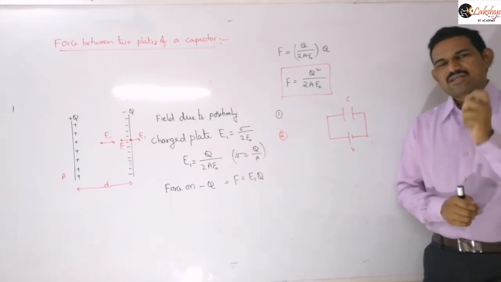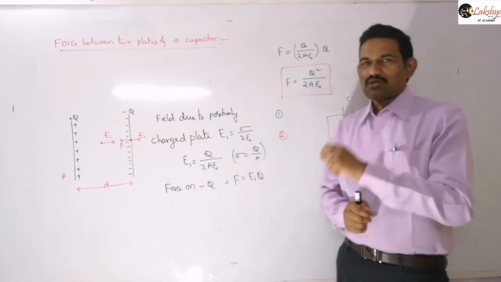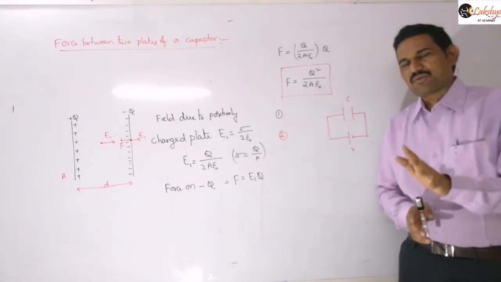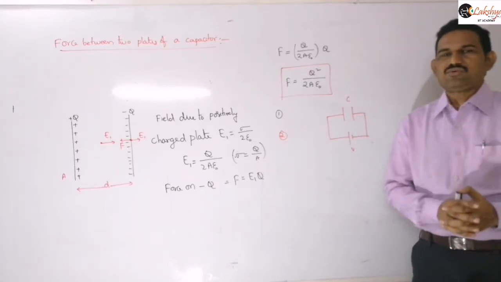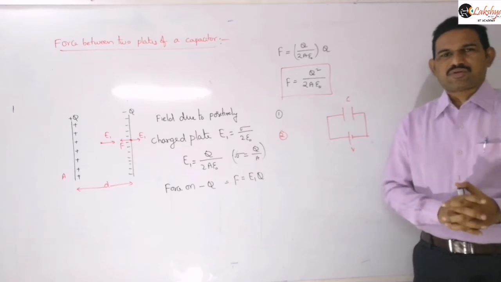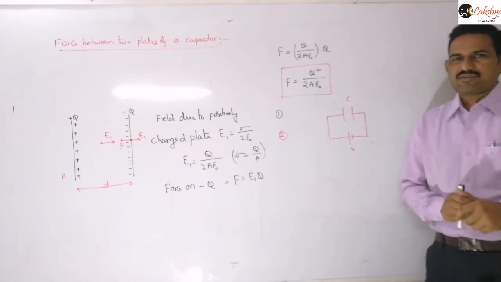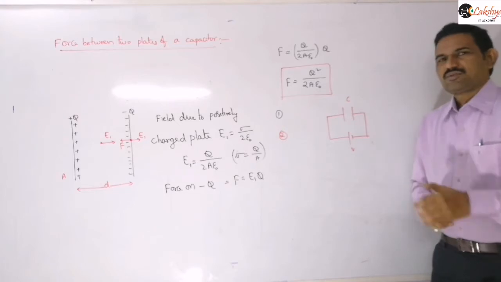Whenever a capacitor is isolated, charge on the capacitor remains constant. Whenever a battery remains connected to the capacitor, whatever changes you are going to do, the potential difference across the capacitor remains constant, because that battery will maintain the constant potential difference there, right? And so that means, mention that